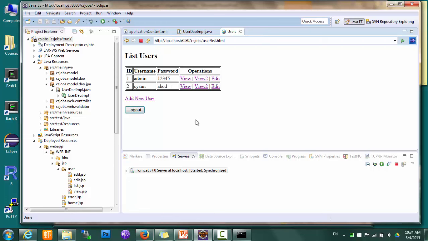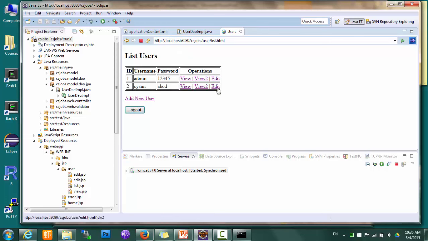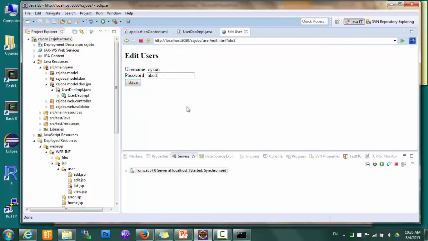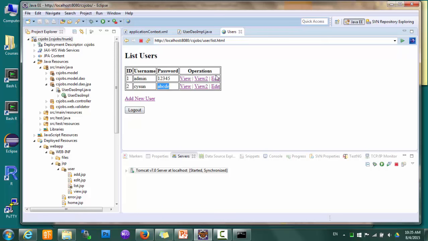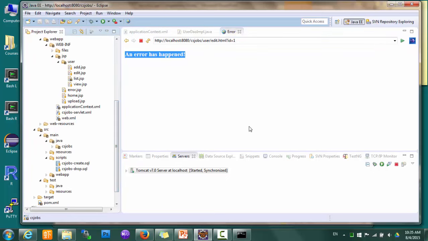I'm probably still logged in as CYSOund. So let's log out and log in as CYSOund ABCD, and I can edit CYSOund's account ABCD, let's say E, and it shows E. And if I edit another user's account, we have an exception. The reason it's showing an error page is because, if you remember, we added an exception